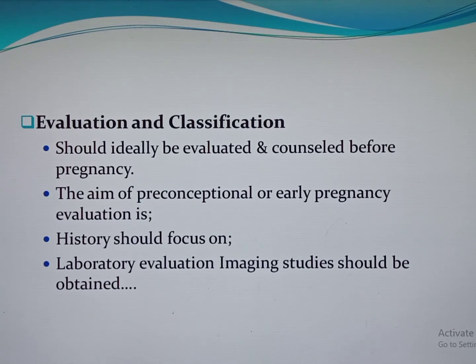The other importance is we need to assess the previous obstetric history in detail. So this evaluation should be performed by history, laboratory evaluation, as well as imaging studies. In the history, we need to ask about the details of the duration of hypertension, the medications used, the control, as well as the presence of a diagnosis of diabetes, renal disease, the presence of cerebrovascular accident, and others. And the detailed obstetric history, like the duration of pregnancy, the presence of placental abruption, the weight of the previous neonate,